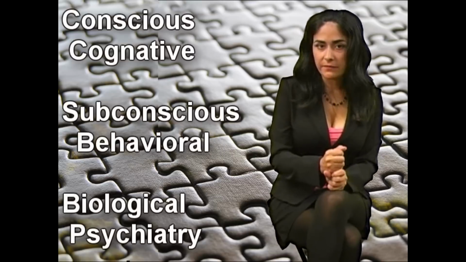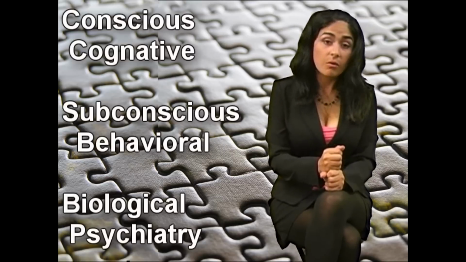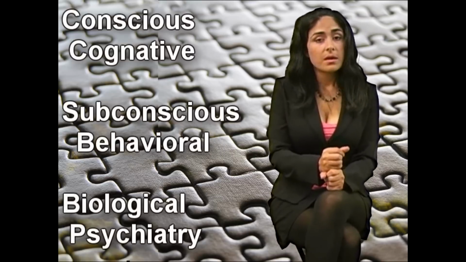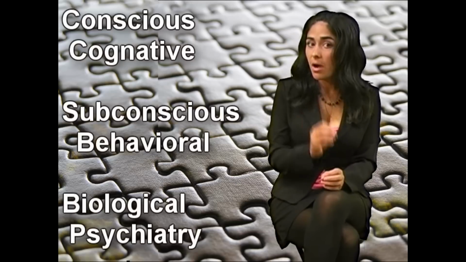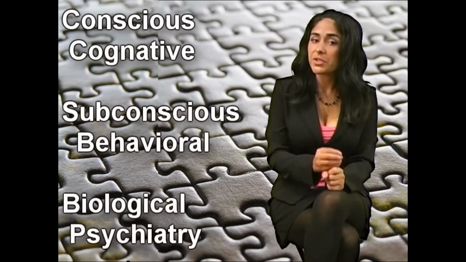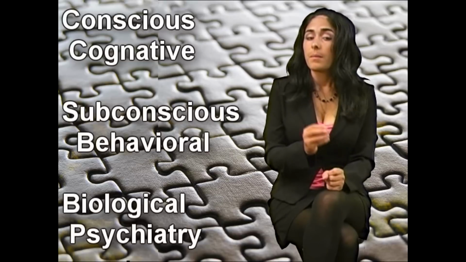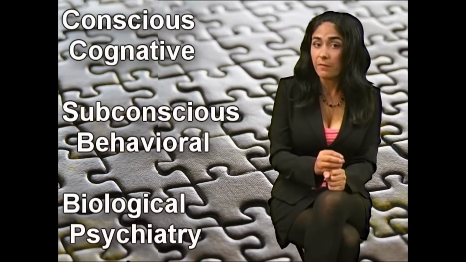Let's look at the next level, unconscious or behavioral psychology. This does not appeal to the conscious. This is an attempt to control a person without their conscious decision being involved at all. The biggest school of psychology in this level is behavioral psychology, which comes from Pavlovian psychology. You know Pavlov, he had the dog, and he'd ring the bell and the dog would salivate. This deals with stimulus response.